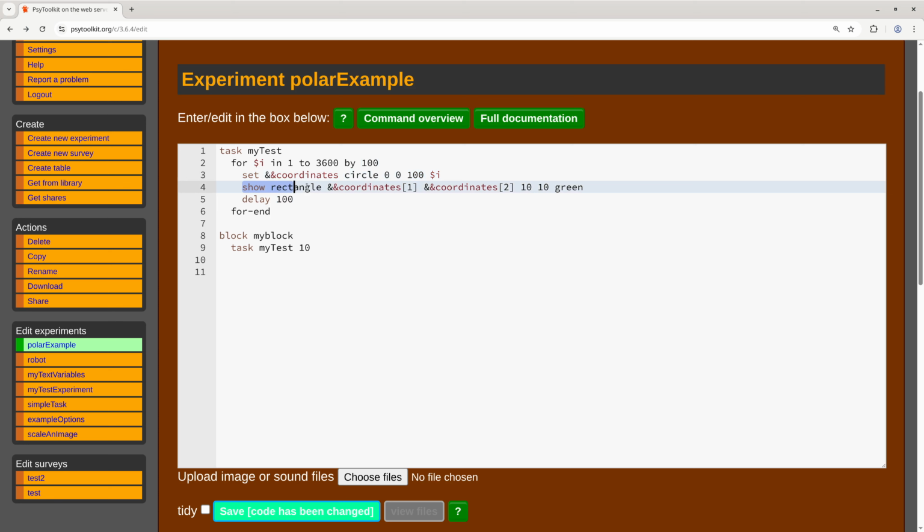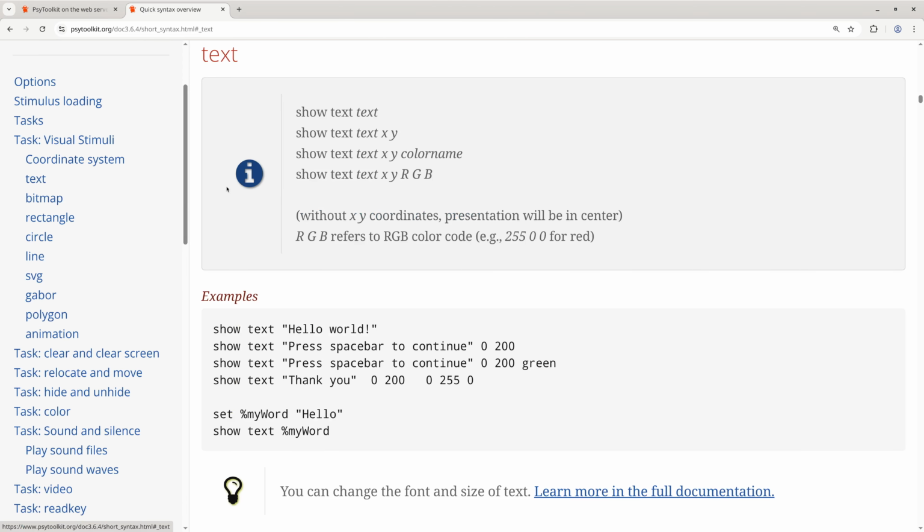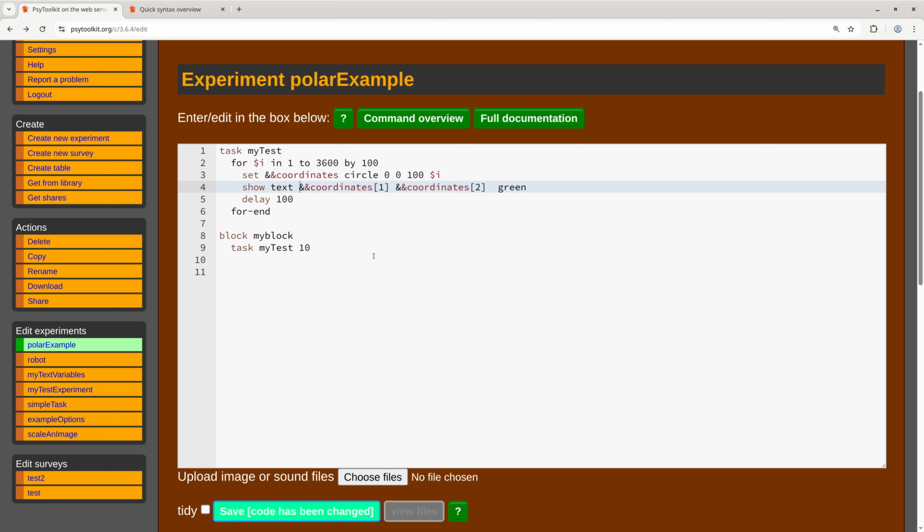And then you show a rectangle exactly at those two coordinates. It could be anything. It can be a rectangle. It could be a text. So for example, I could change this. Show text. If you do show text, you might want to say, well, how do you do text? Show text, right? So you do the text first and then the coordinates. So you show, say for example, the word let's say